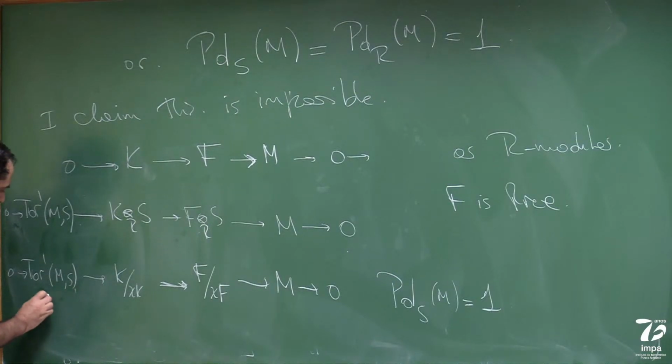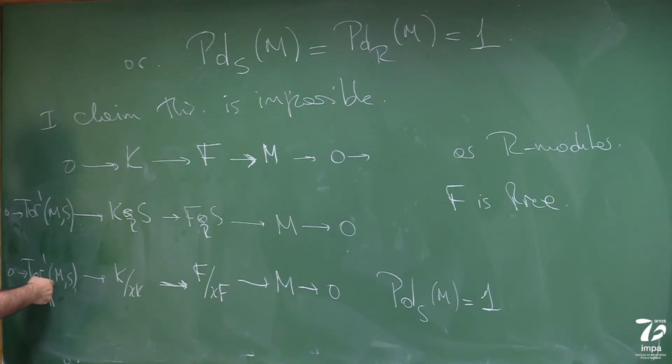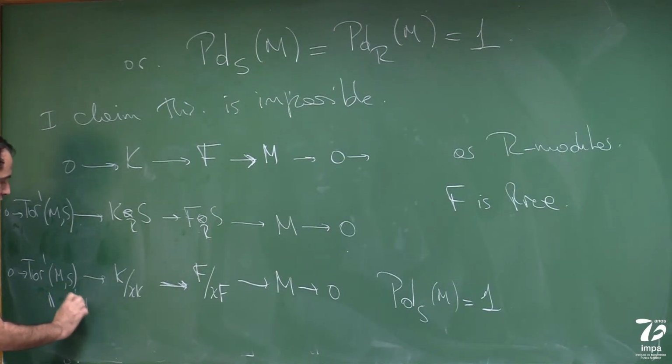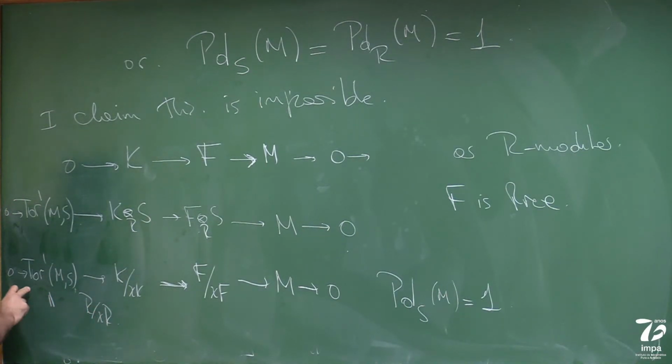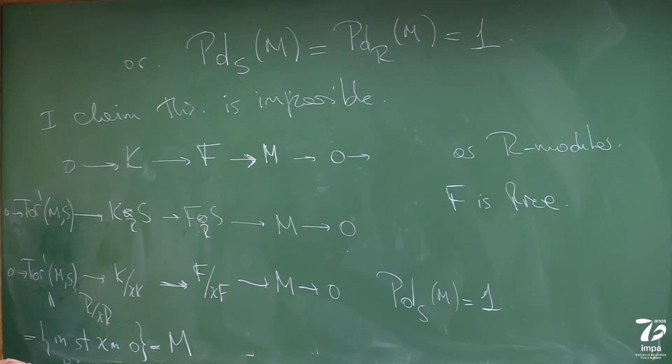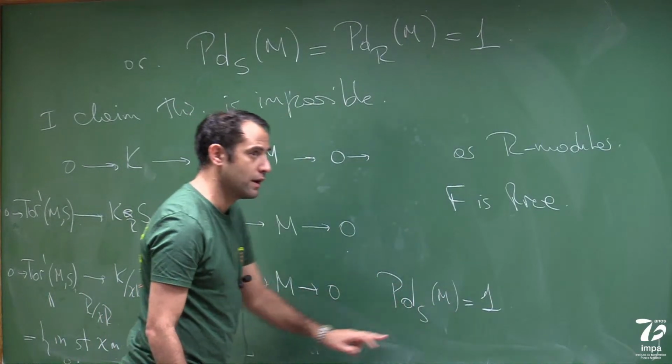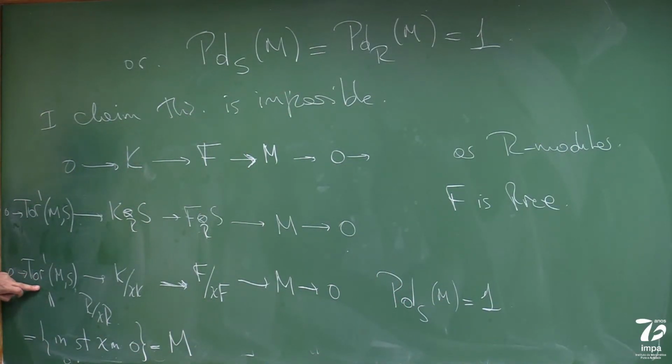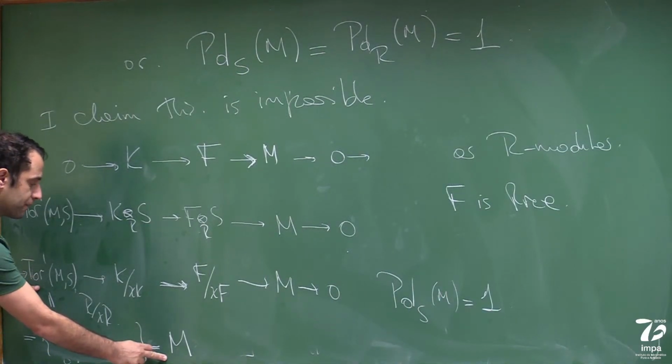On the other hand, this guy here, what is this? We've already computed in general what is Tor1 of a module with respect to the ring itself. This S here is R mod X. So Tor1 is the set of elements in M such that it is the X torsion, Xm is equal to 0. But this is all of M. By definition, M was an R mod XR module. Okay. So what we're saying is that since the projective dimension of this guy was 1, then this guy ought to be 0, which is M, which ought to be 0. Or in other words,